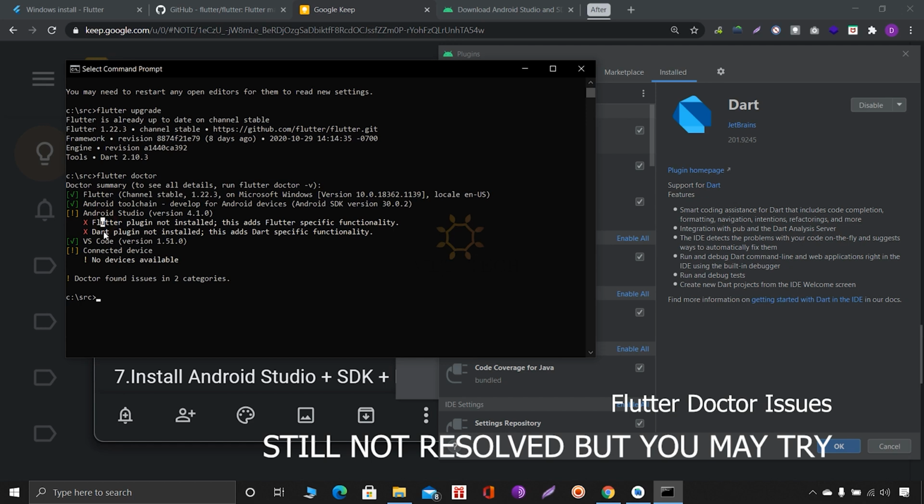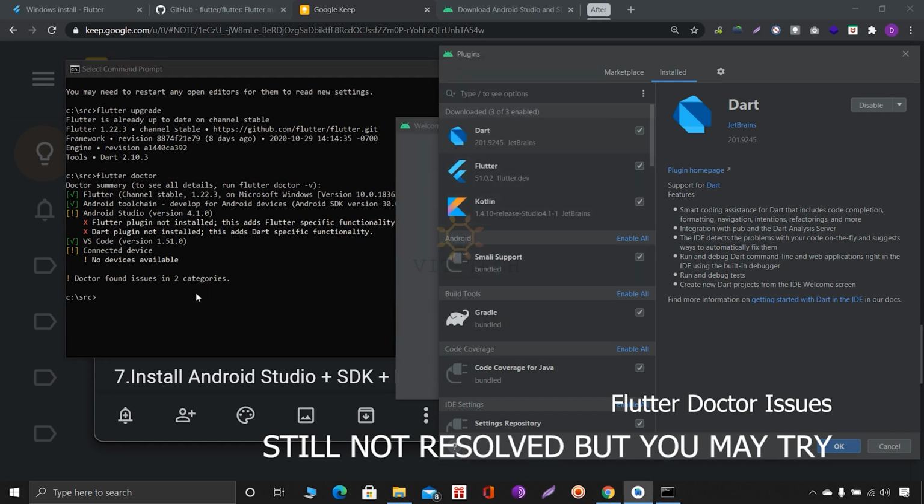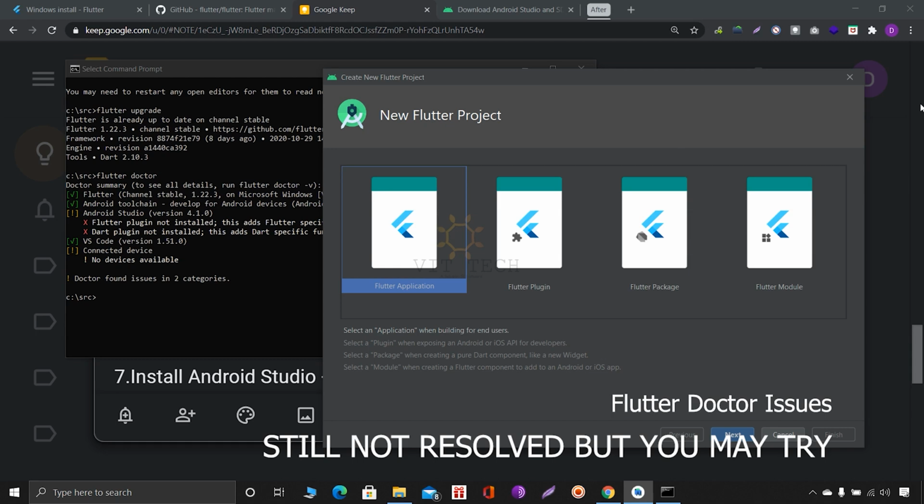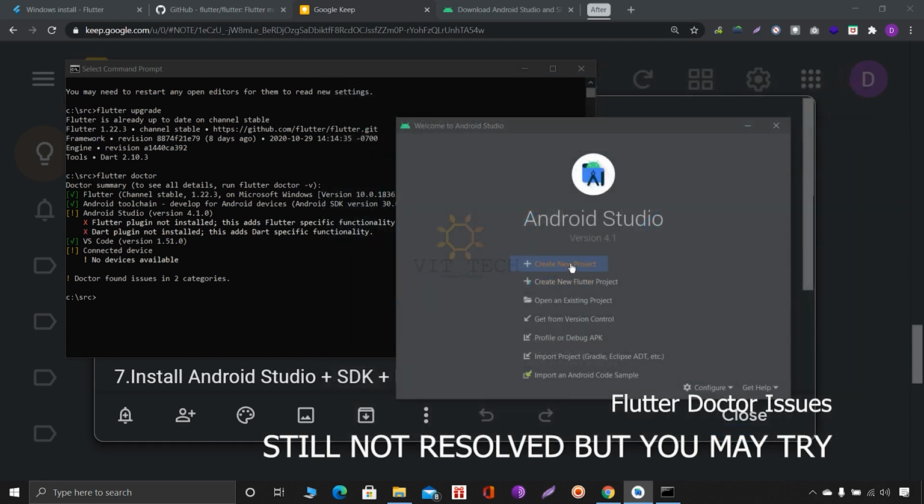To resolve this issue, maybe it's an Android Studio error, because a few people have reported it on Stack Overflow or GitHub. It's because of an error in the latest version of Android Studio. Some people downgraded Android Studio and then got it working. But some people say you can leave this error and start working on your project. As I told you, you can see Create New Flutter Project here, because it has already come and you have installed the required components.